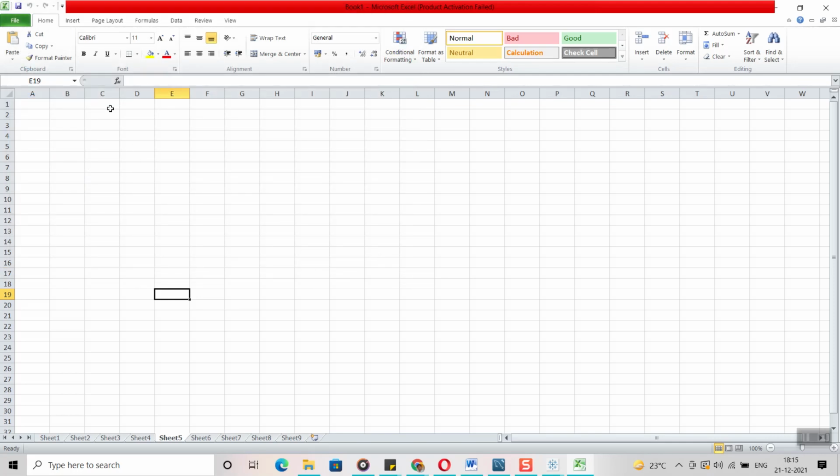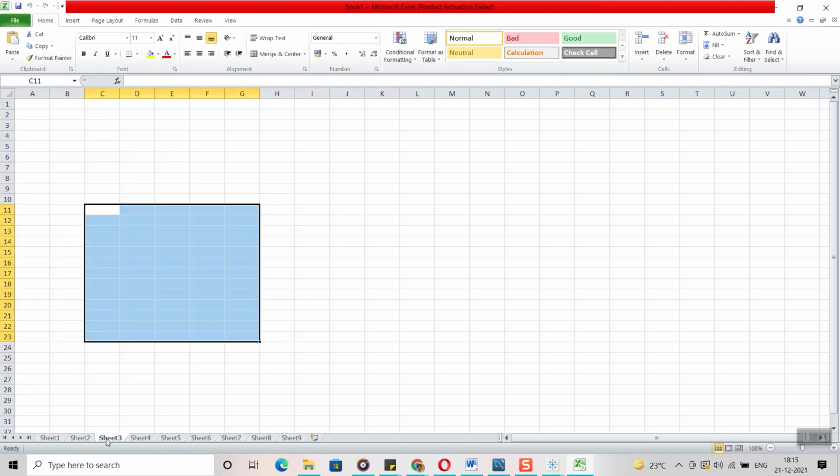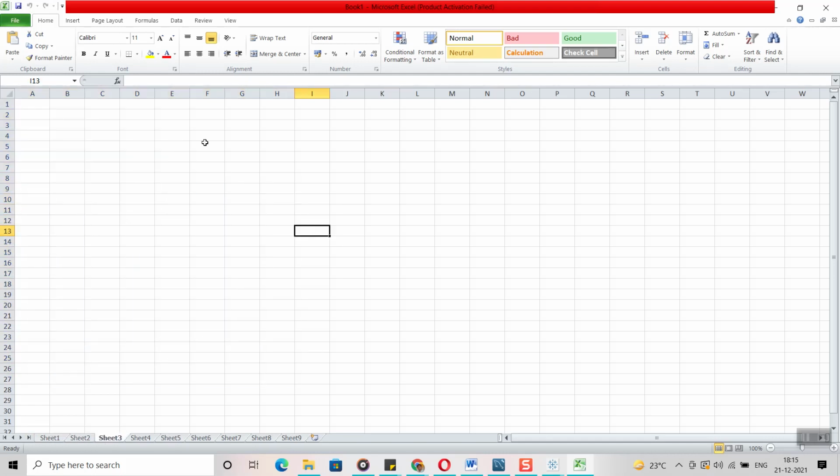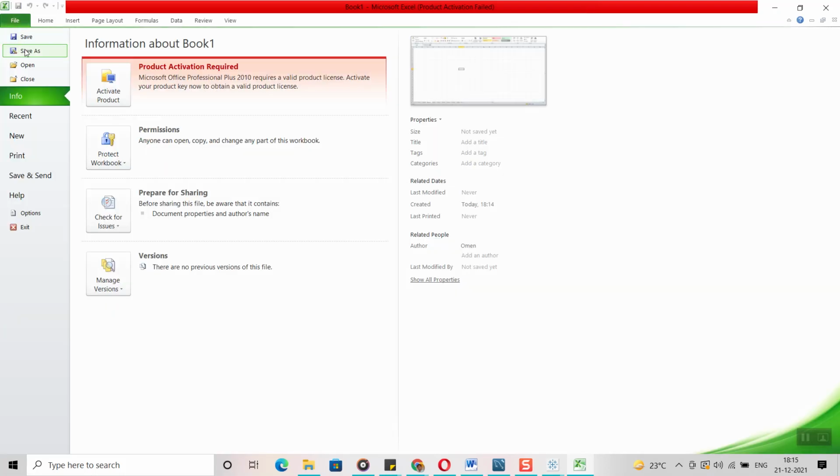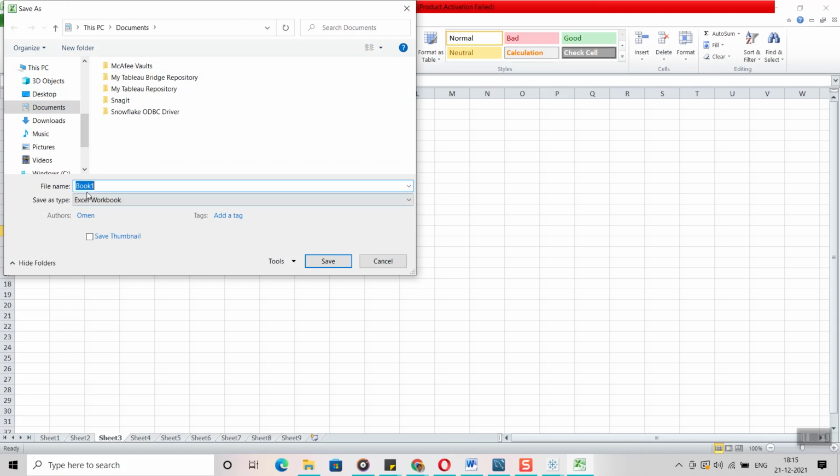Now again I am going to create another set of data in sheet 1, sheet 2, sheet 3. I have modified the data, and again I am going to save the Excel file. Here again it is going to be an Excel workbook, and here I am going to give it the name 2. Now how many workbooks have I saved? I have saved 2 Excel workbooks.